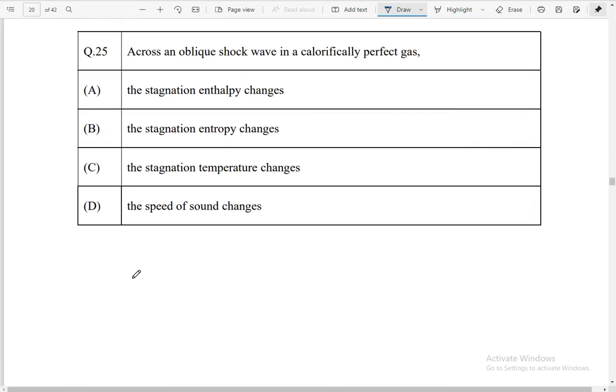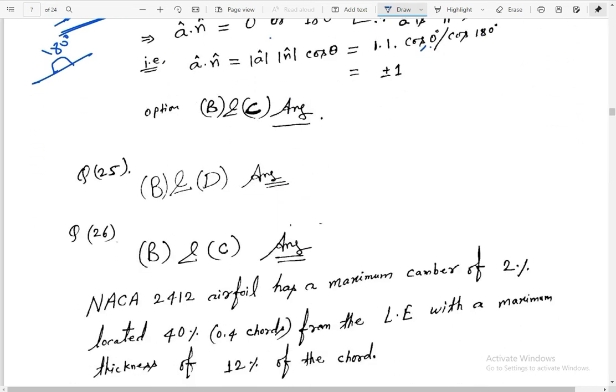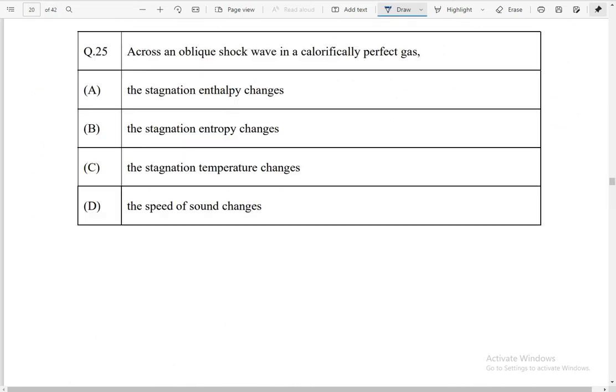Question number 25. Across an oblique shock wave in a calorifically perfect gas, we have the options B and D: the stagnation entropy changes and the speed of sound changes. Okay. So actually in these questions